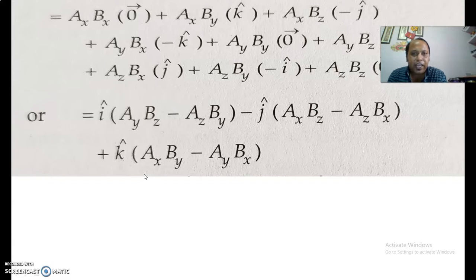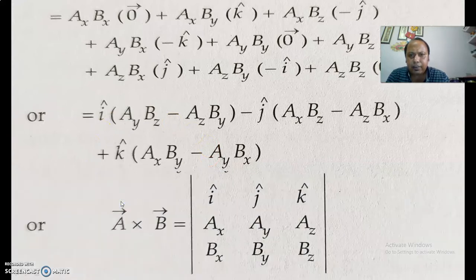Now this value of a cross b which we are getting here can be written in terms of determinants. This concept of determinant you will study in class 12 mathematics, but here you see how the determinants are written. Like this form is in the form of determinant, and we can write here a cross b, then within modulus sign we write I cap, j cap, k cap. These are the unit vectors first written. Then for vector a, the rectangular components ax, ay, az, then bx, by, bz. Now see how it has to be solved.